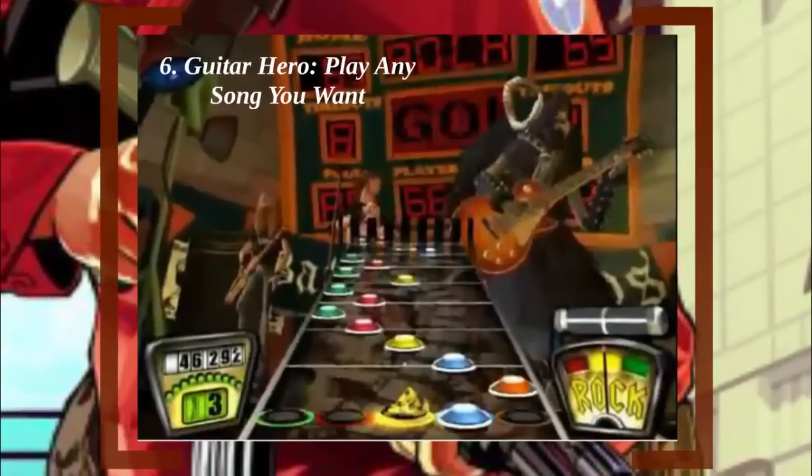Number 6. Guitar Hero. Play any song you want. Guitar Hero kicked ass for one reason, and one reason only. It let you live out your rockstar fantasies. While playing the game, you could pretend to be Hendrix, Clapton, or even the legend that is the guitarist from Franz Ferdinand. Despite a host of sequels and dozens of imitators, some fans still felt that their personal favorite songs